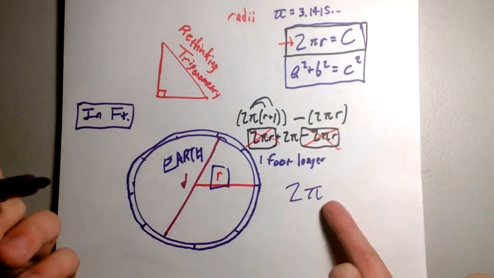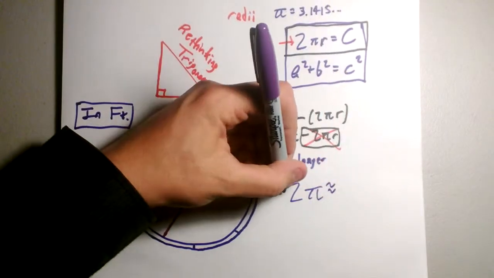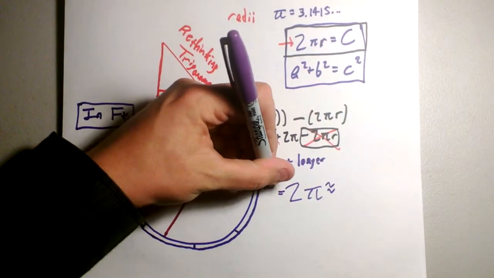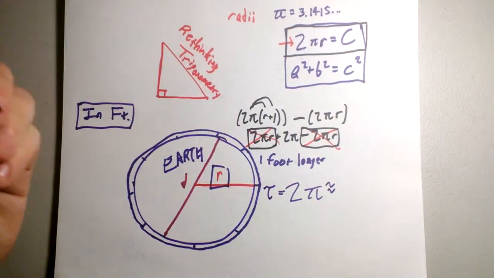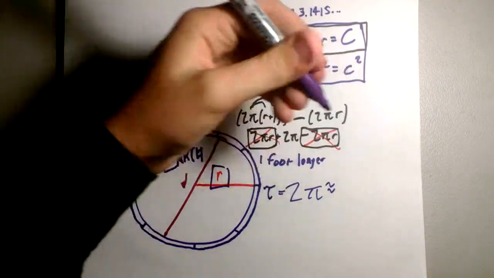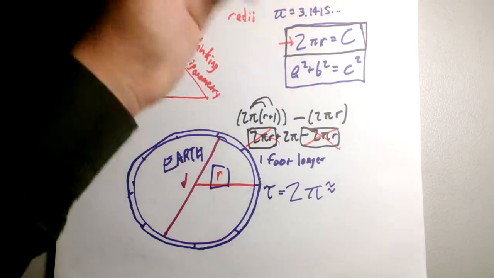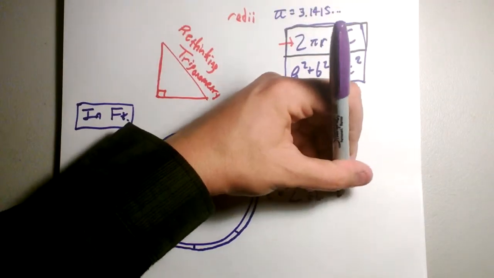I mean, we proved it. It has to be 2 pi. That way, 2 pi is also written as, well, tau, like that. Greek letter. Now, some people prefer tau. I'm just showing it. And tau is just 2 pi. It's another way to write this thing times 2. And that thing times 2 is